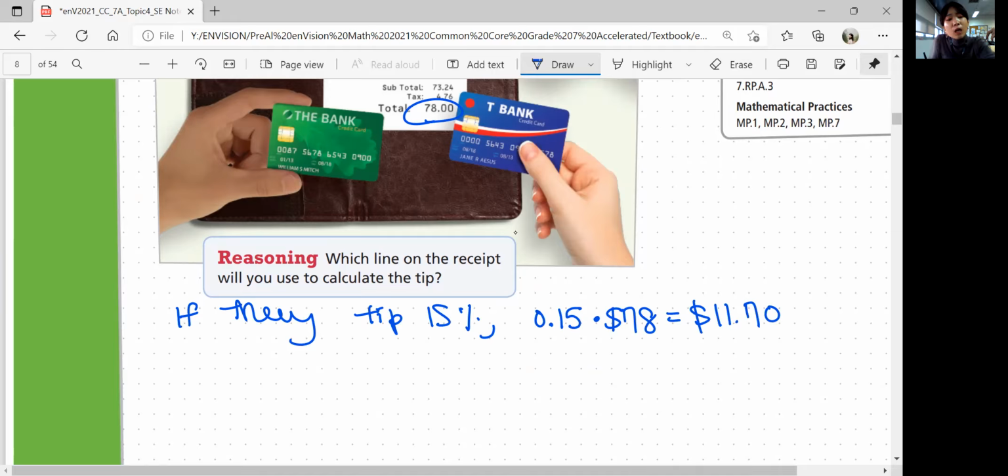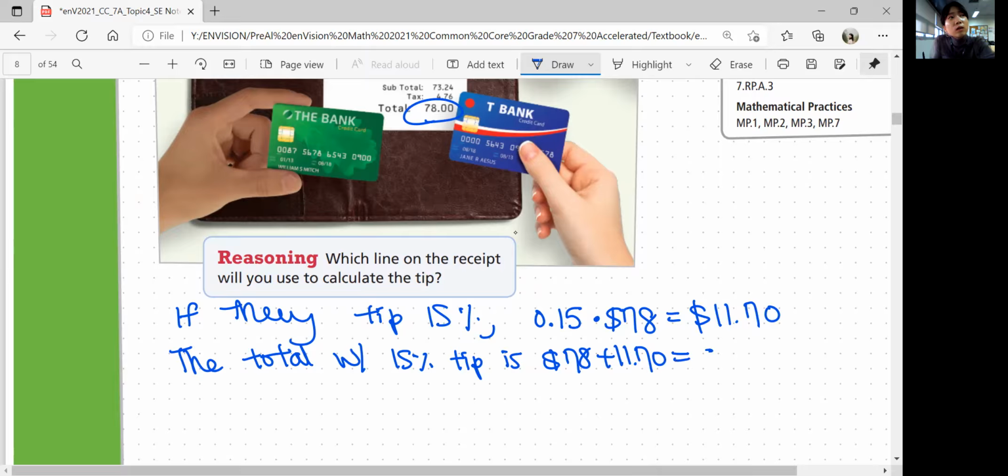Okay, so the total with the 15% tip is 78 plus 11.70, which is 89.7. And if you divide it by 4 people, then each person has to pay